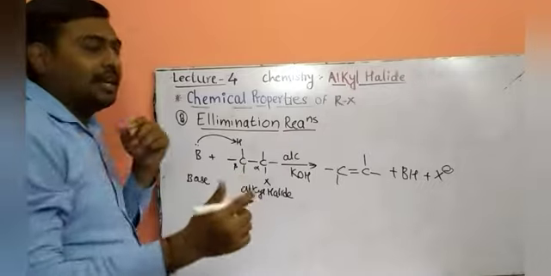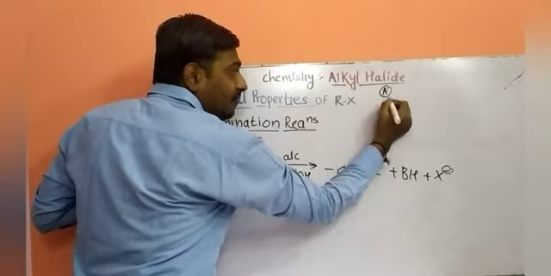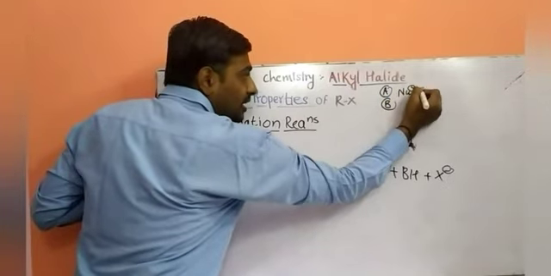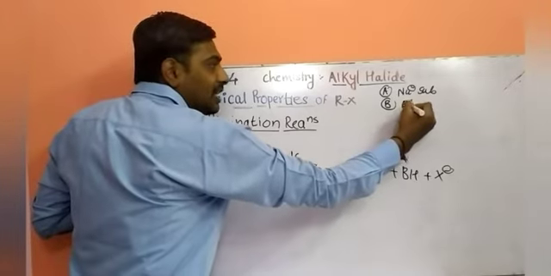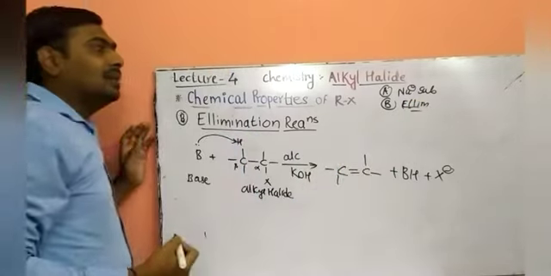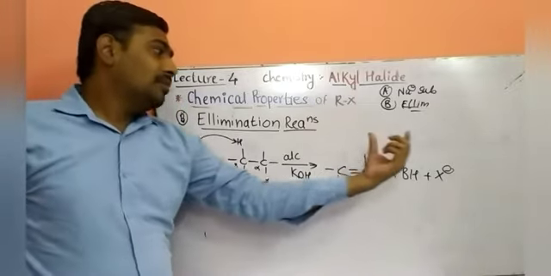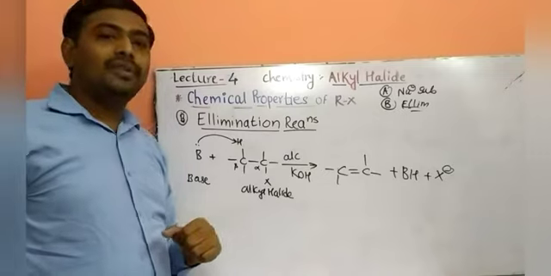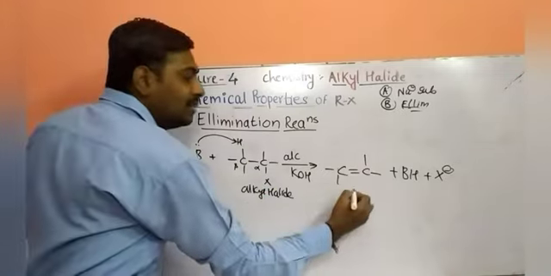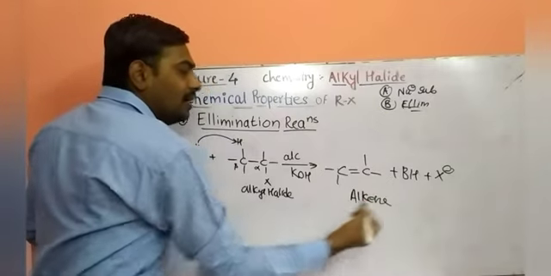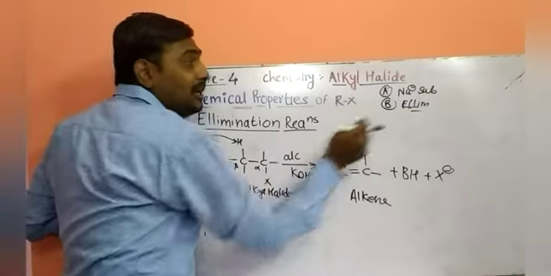Next, second, elimination reaction. First, what did we discuss? First of all, we discussed nucleophilic substitution reaction. Second, we are discussing here elimination type of reaction. It means an atom or group of atoms is eliminated from the reactant, giving a byproduct, and unsaturation of the compound increases. See, this molecule is single bonded, this molecule is double bonded. That is an alkene molecule. And unsaturation in the bond increases. The reaction is called an elimination type of reaction.